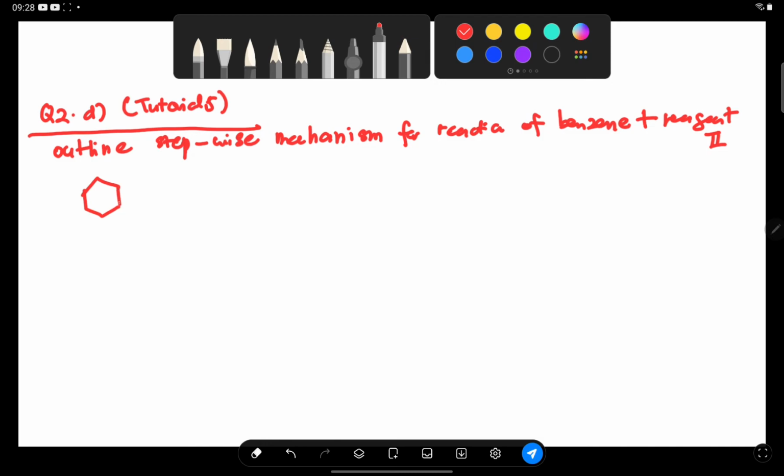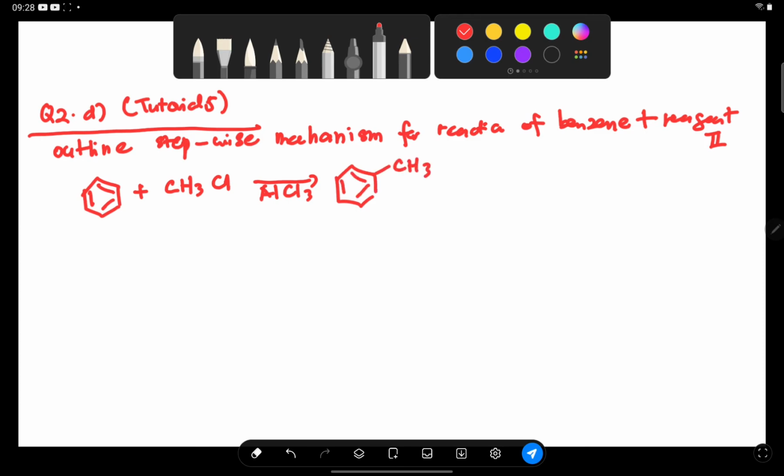Benzene reacts with reagent 2, right? React with CH3Cl in the presence of aluminium trichloride to produce